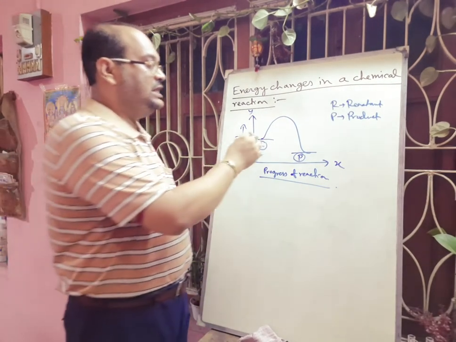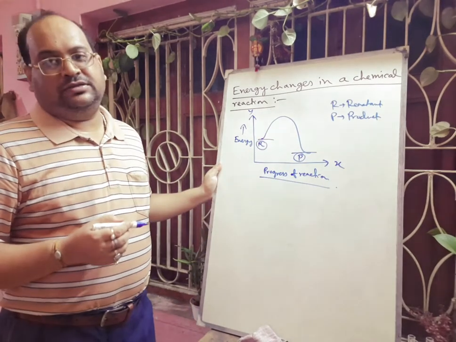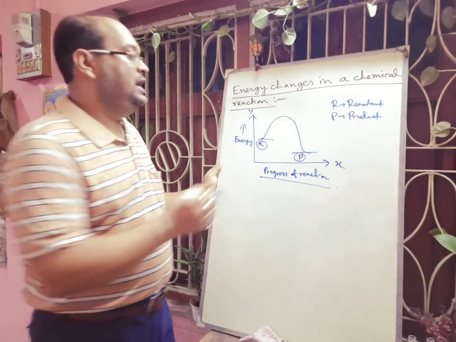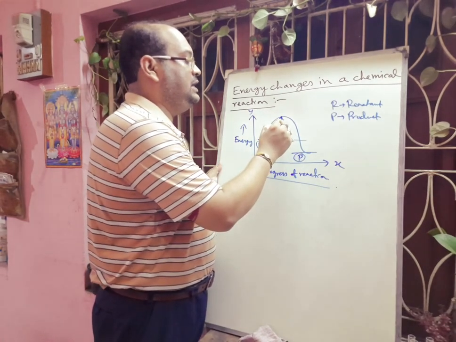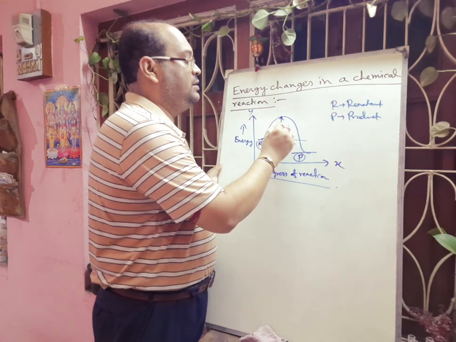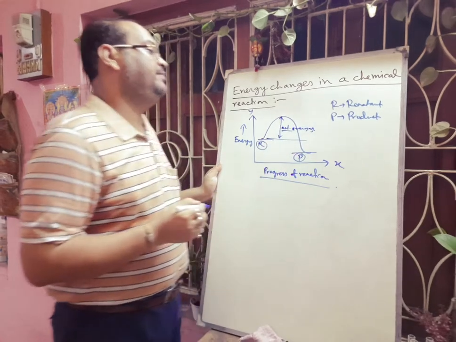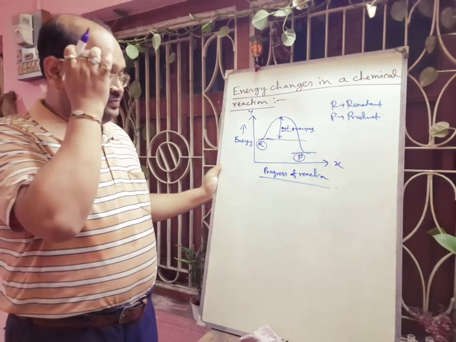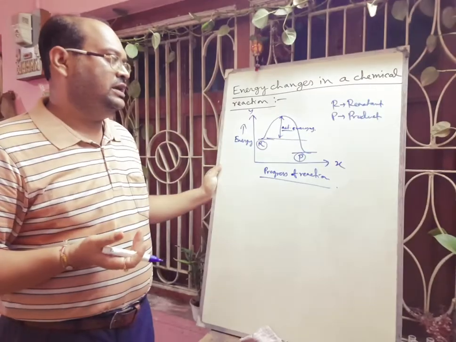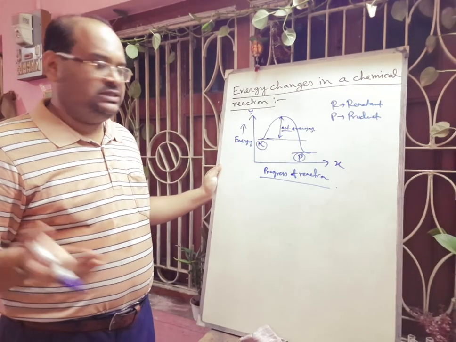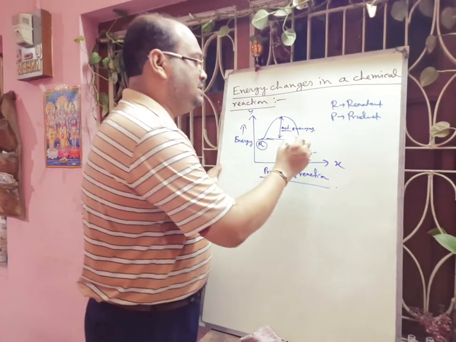So this is indicating that the reactant is transforming into the product in a chemical reaction, and this energy is called activation energy. This is the minimum amount of energy that is required for this reaction, that we are supplying by heat, or light, or electricity. Now this energy difference, that is